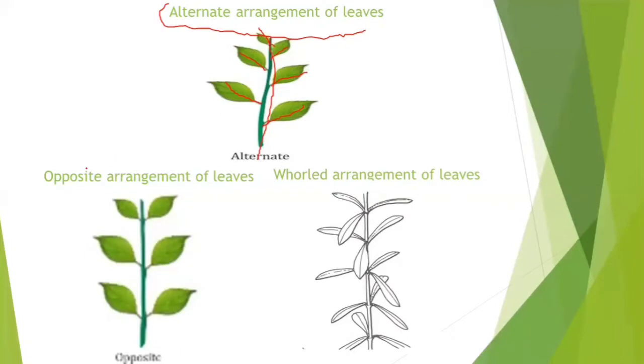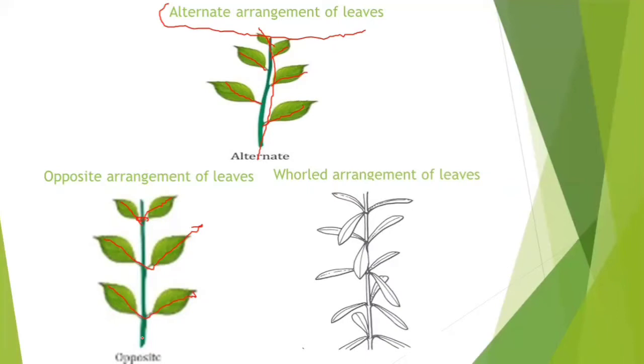The other one is the opposite arrangement of leaves. You can see over here that one leaf is from the left side, and from this same part there is one more leaf from the right side. They are forming a V-like shape. They are joining at one position of the midrib. So this is called the opposite arrangement of the leaves. They are forming a V, over here, and over here. This is called the opposite arrangement of the leaves.